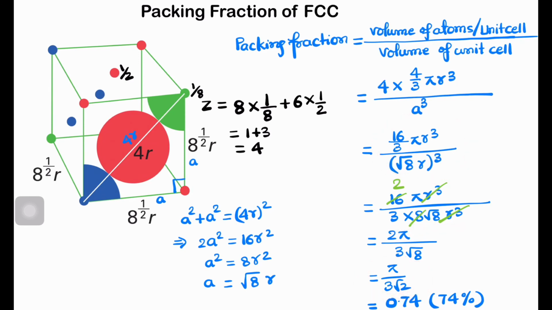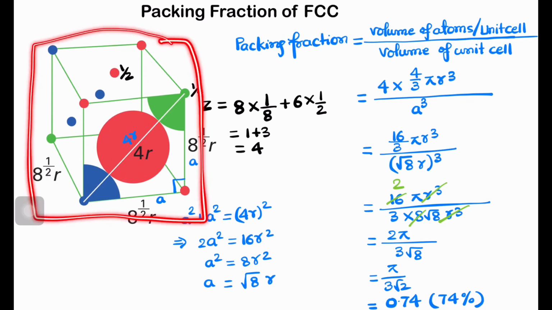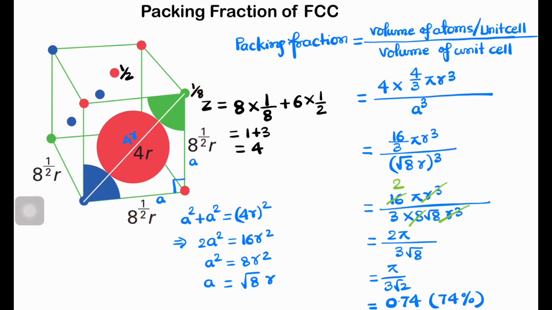I will put the value, that is pi is 3.14 or 22 by 7, and root 2 value is 1.414. If we put that and solve, we are getting 0.74. It means 74% of the volume inside this FCC unit cell is occupied, whereas 26% is unoccupied, that is void. So the percentage void in this FCC unit cell is 26%, and the packing fraction, that is the percentage of the volume